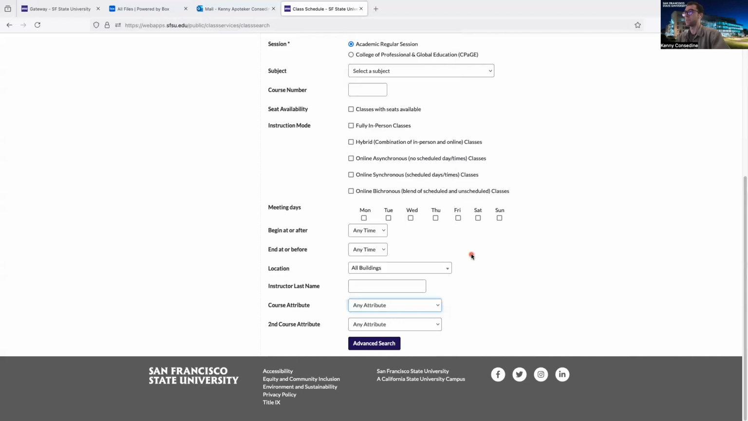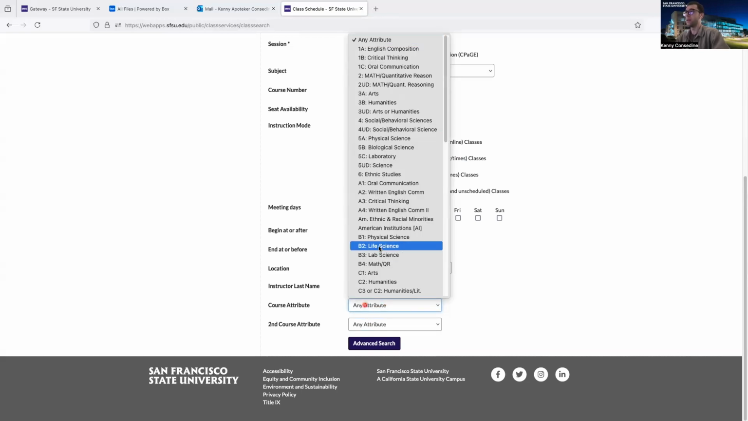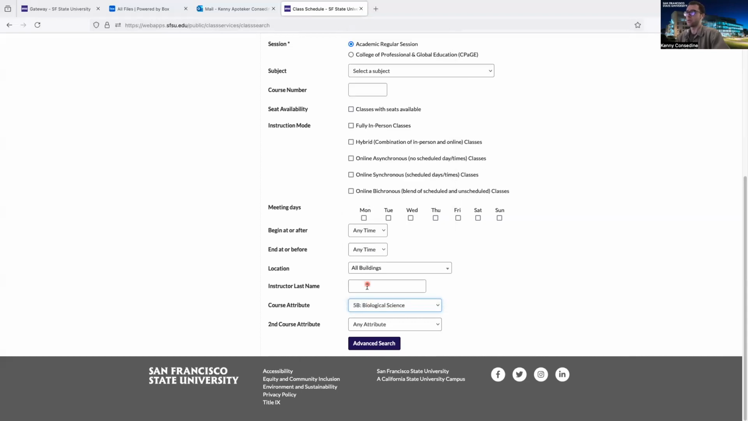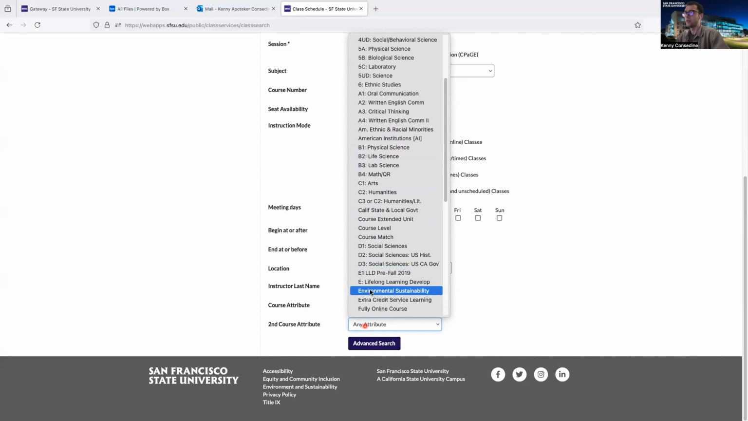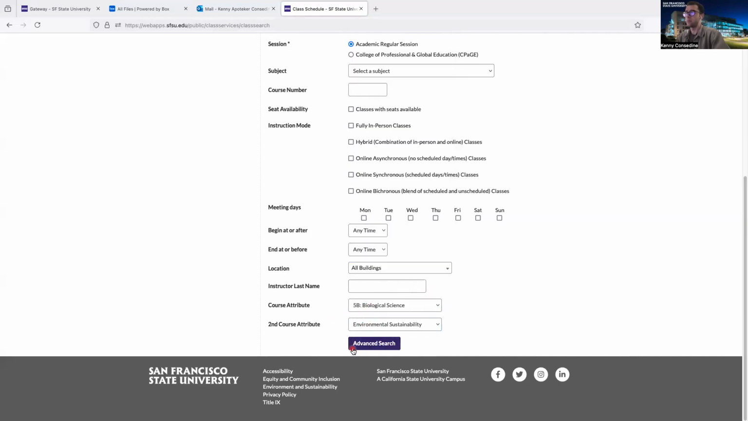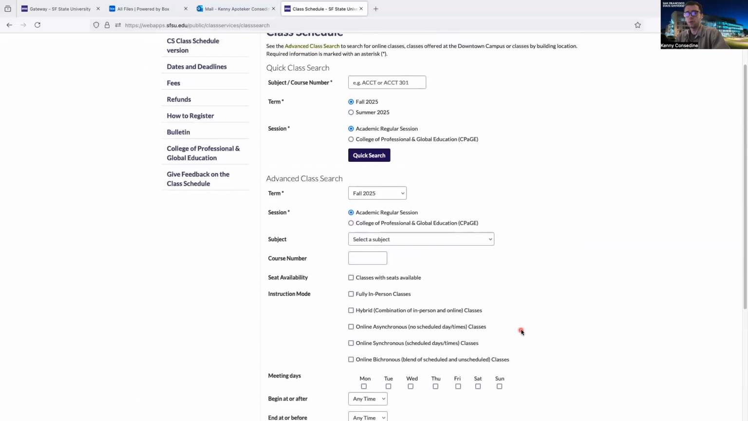Okay. And then the second course attribute is if you're looking for something that meets multiple requirements, right? So for instance, let's say we were looking for a biological science, a 5B, but we also need to fulfill an SF State study that maybe is, let's see, environmental sustainability. Then when we click advanced search here, it would look for a course that fulfills both of these attributes, right? But that is the best way to use the class